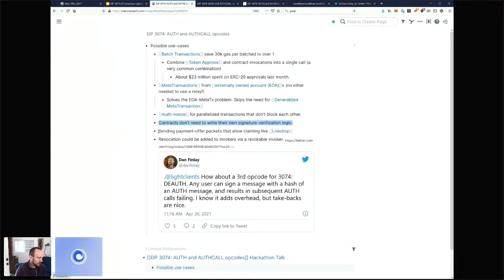And then I'm starting to get into the fun, crazy stuff, but I don't know if any of you are familiar with link drop. I think things like link drop could also be done more easily and trivially. So link drop is another way of signing an off-chain message that you give to somebody as kind of an invite link. You say, hey, here's a link. It's a right to claim some ether. So, you can imagine